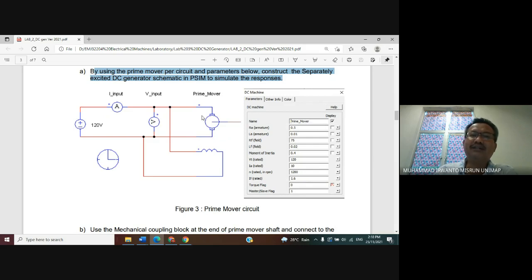The DC motor needs a DC power supply. It is connected to the DC power supply. The rating follows the terminal voltage of the DC motor, here 120 volts. Now we want to compose this.